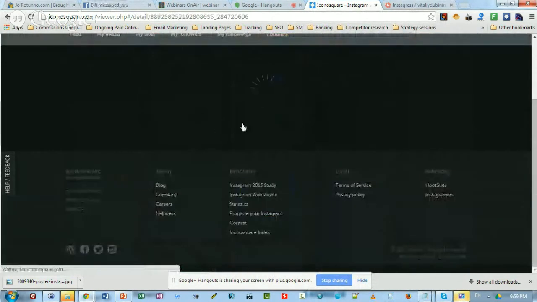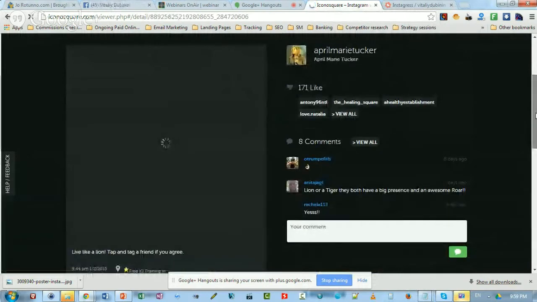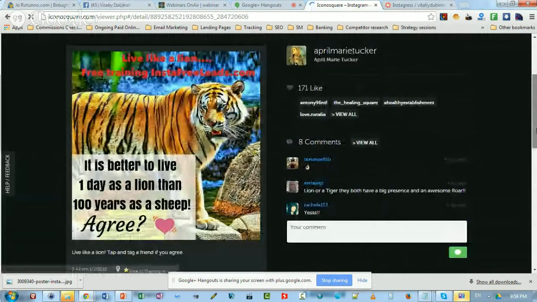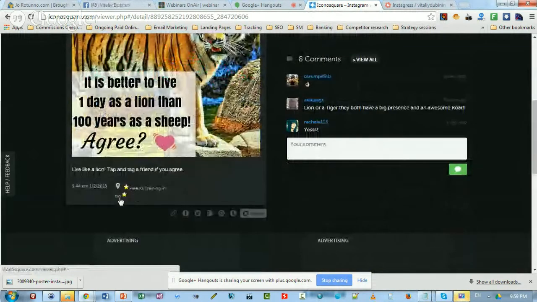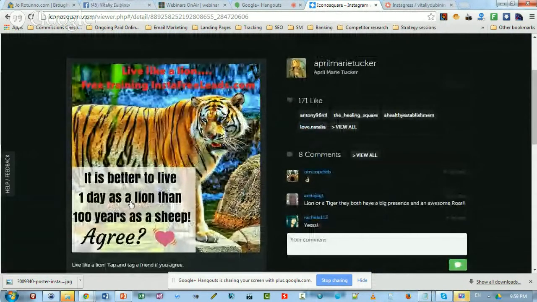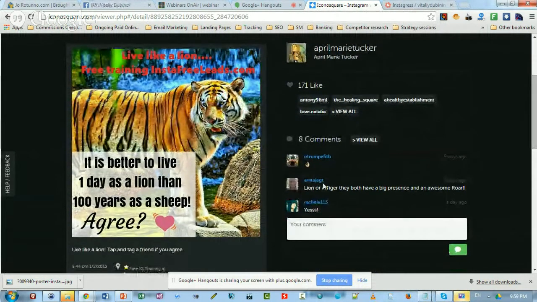Another question that challenges people. And notice how she's saying free IG training in the bio, free Instagram training in the bio. So she's directing people from here too to check the bio, and asking questions here. Basically engaging with people, engaging with the audience.